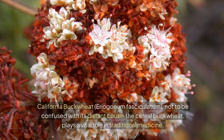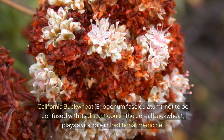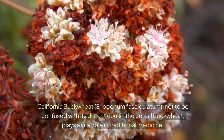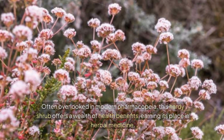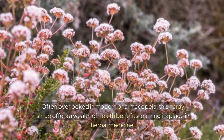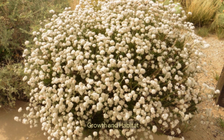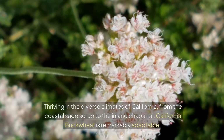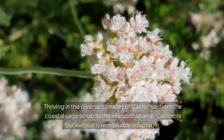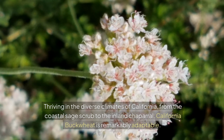California buckwheat, Eriogonum fasciculatum, not to be confused with its distant cousin, the cereal buckwheat, plays a vital role in traditional medicine. Often overlooked in modern pharmacopoeia, this hardy shrub offers a wealth of health benefits, earning its place in herbal medicine. Growth and habitat. Thriving in the diverse climates of California, from the coastal sage scrub to the inland chaparral, California buckwheat is remarkably